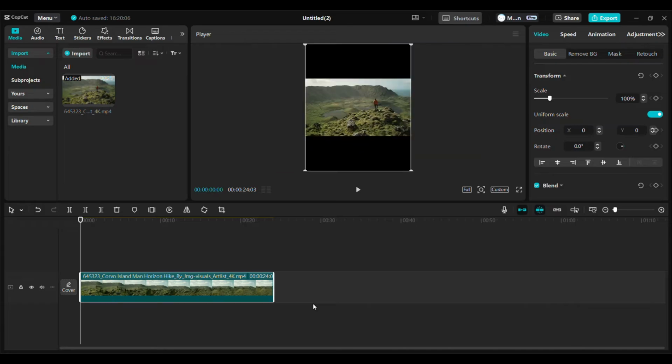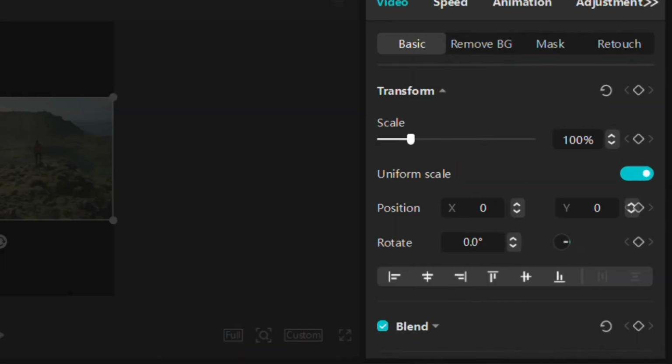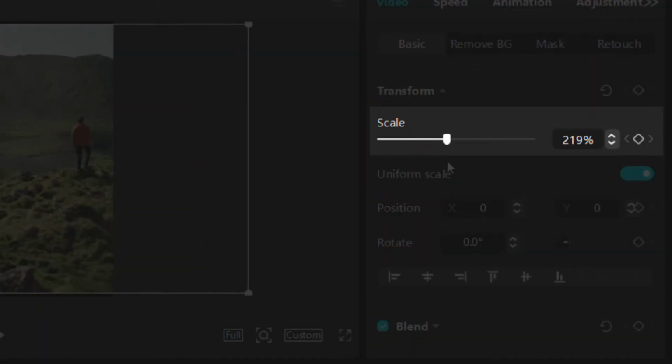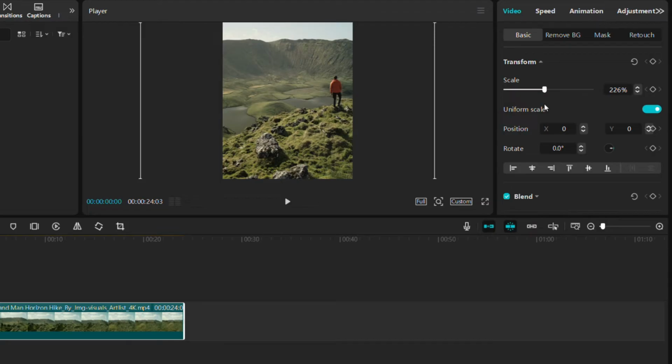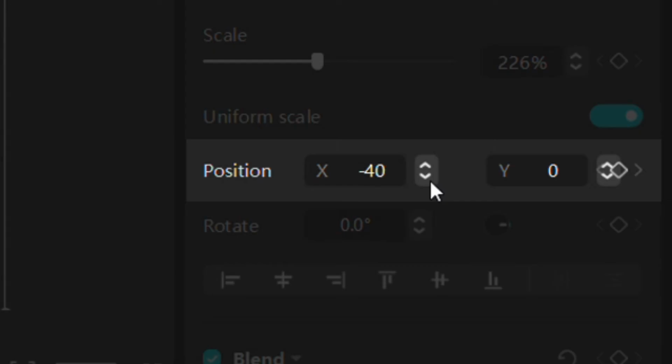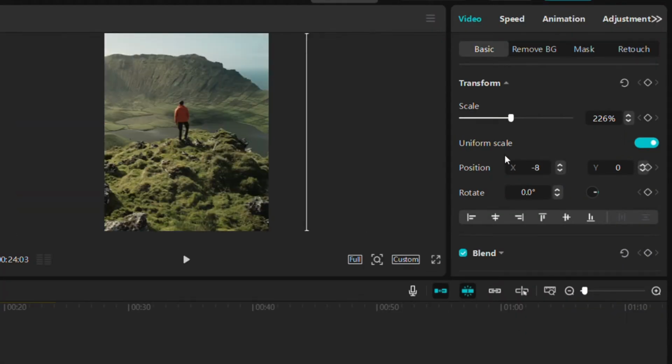Once you've chosen the new aspect ratio, you'll notice that your video may not fill the frame perfectly. Select your video on the timeline and go to the Inspector panel on the right. Use the zoom slider to resize the video, making it fit in the new canvas without leaving black bars. If necessary, adjust the position X and position Y sliders to reframe your content and ensure everything important stays within